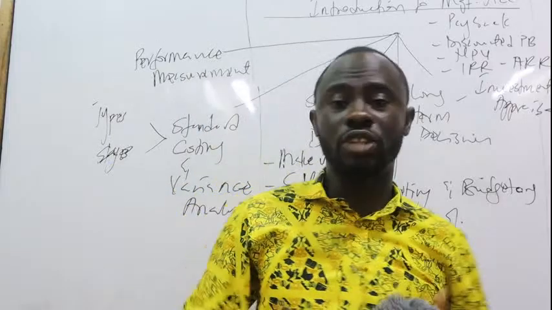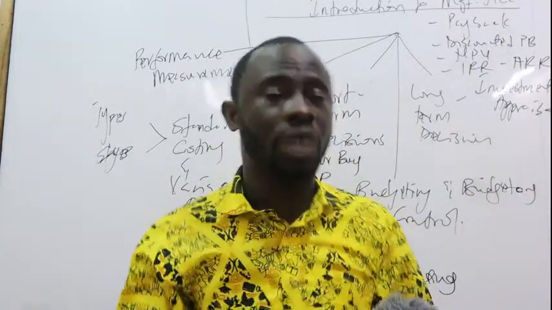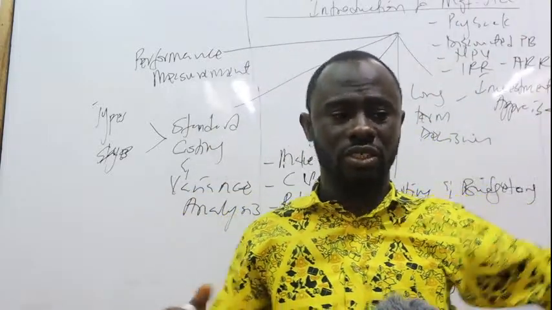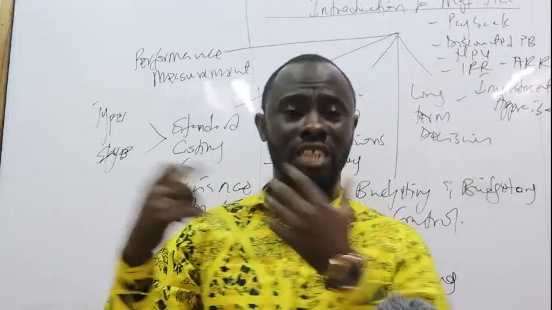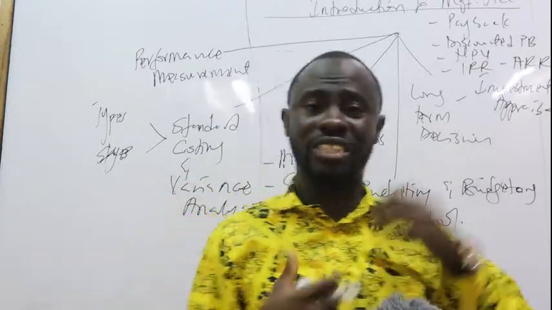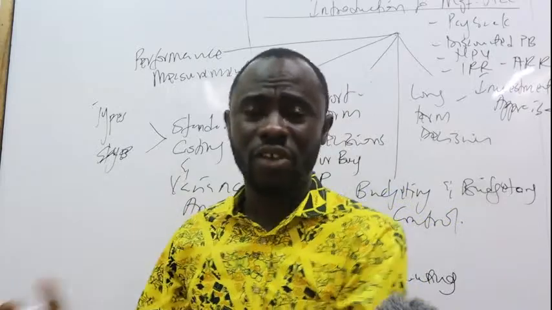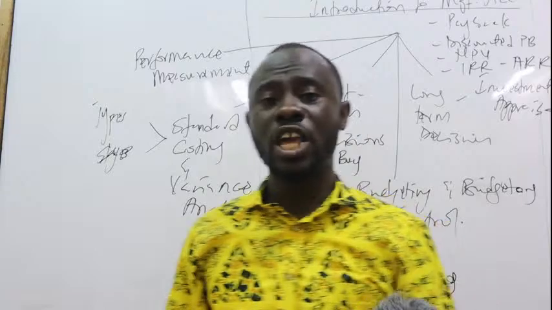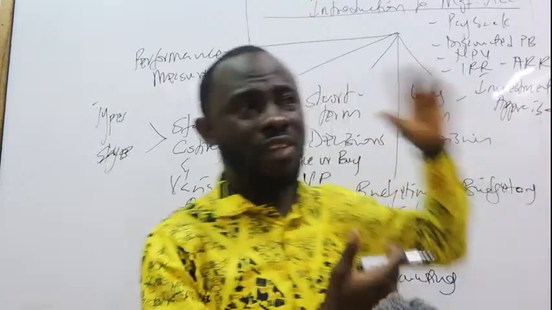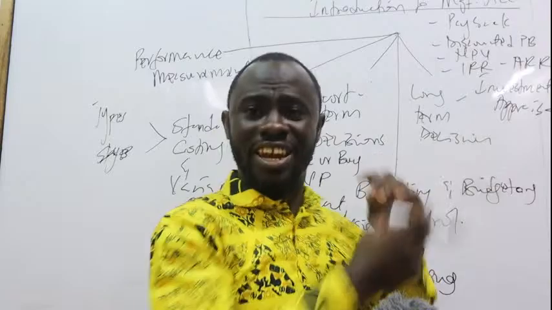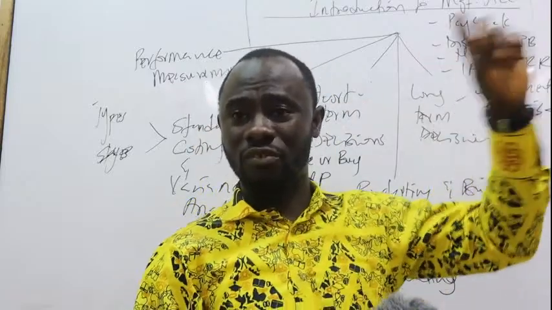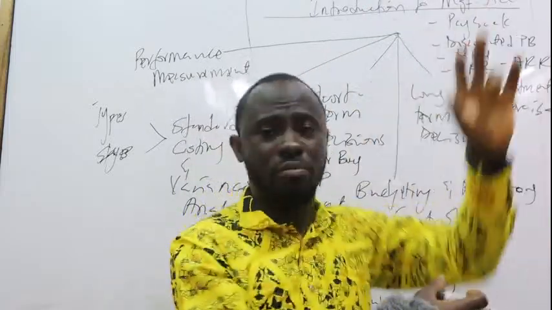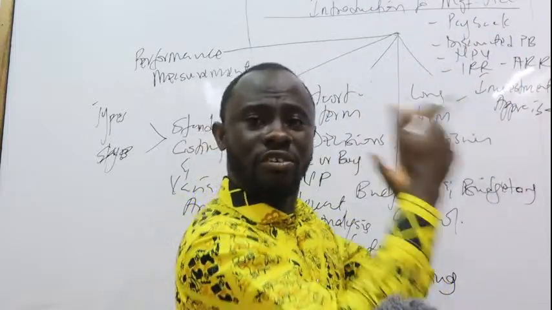Then we come to the various types of variances that we're going to be computing. So we have the basic variances and we have the advanced variances. So we have the material variance, the labor variance, the overhead variance, the sales variance, right? In the material variance, we can break it down into the material price variance, the material usage variance. Under the material price variance, it can further be broken down into the material price planning variance and the material price operational variance. Under the material usage variance, we can break that down into the material yield variance and then